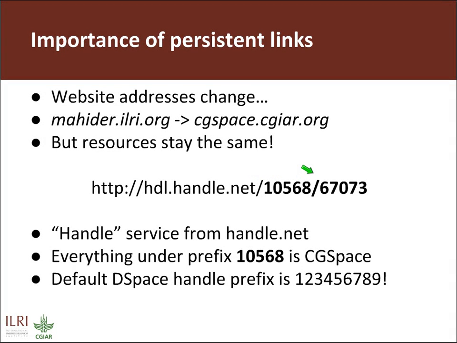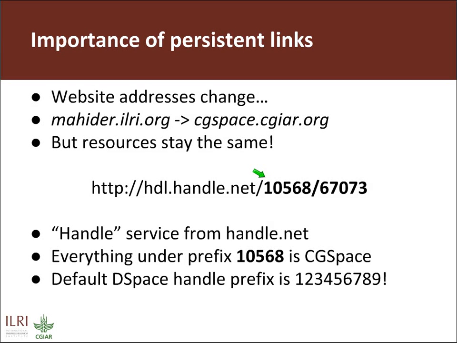This prefix here identifies ILRI. 10568 identifies ILRI and the CGSpace institutional repository. Any item under there, Handle knows that it belongs to ILRI's repository. And that's important because the website address for your institutional repository can change when the organization changes, or the nature of the institutional repository changes, like when you bring on extra partners, etc. For example, ours changed from Mahider to CGSpace, but the prefixes stay the same, so none of those items